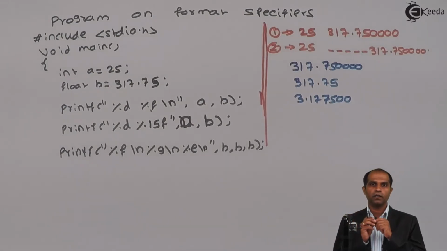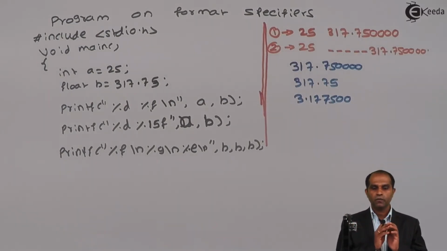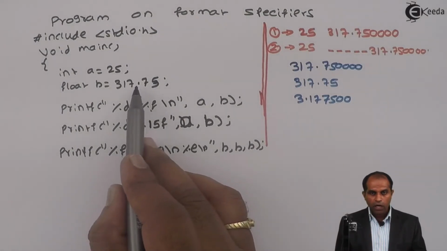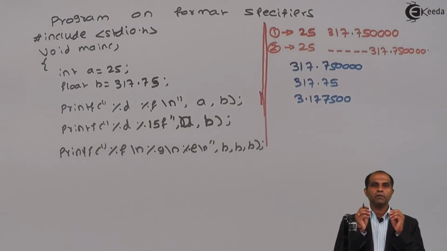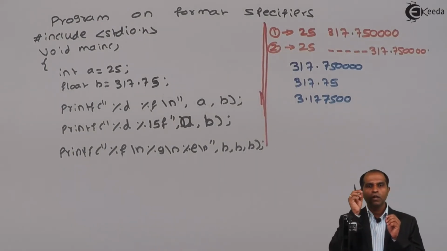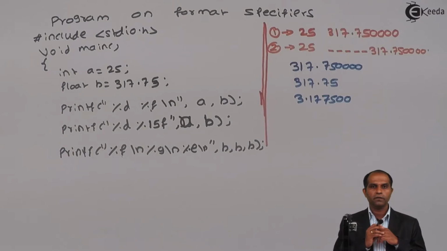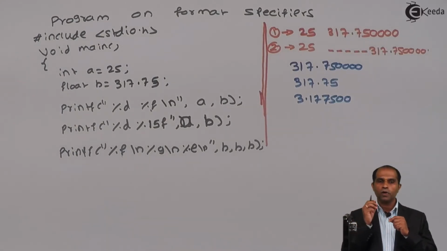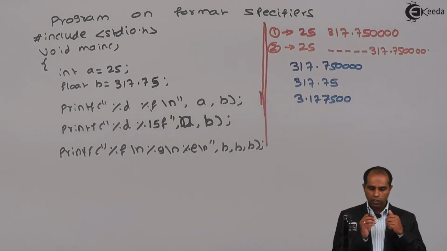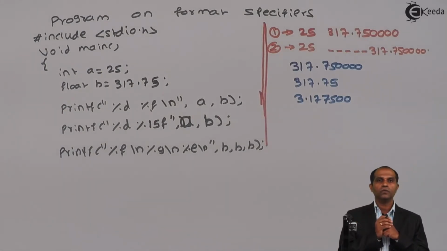The value which is going to be printed for the floating point number is now going to be in the exponential format, which means there should be only one number before the decimal point. But in this process, I have shifted this particular number. Whenever in mathematics we shift the decimal digit, we multiply the number with powers of 10. Since I have moved this towards the left-hand side, I'll multiply this with positive powers of 10. So the number is 3.1775 into 10 to the power of 2.